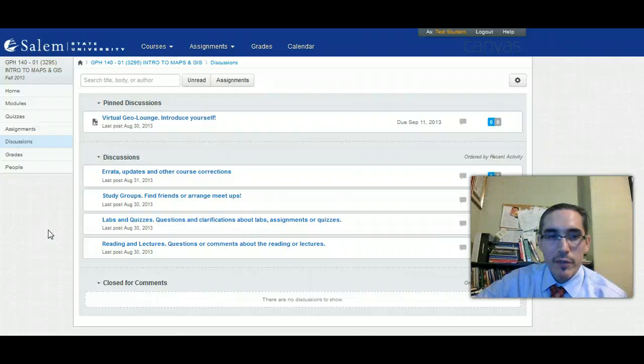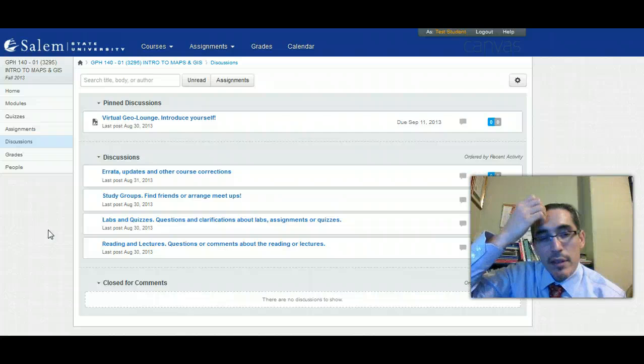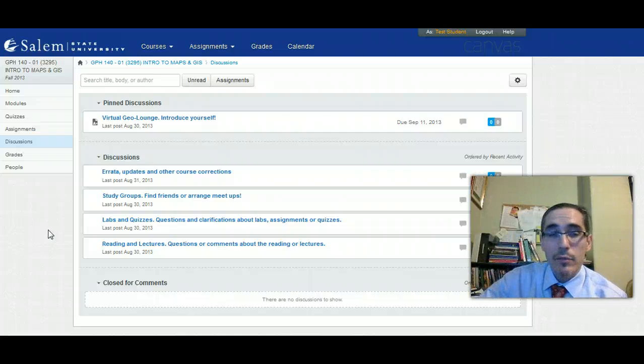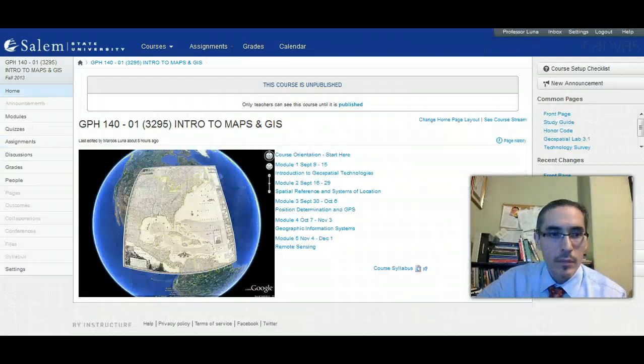Because all of the information for this course is going to be taking place through Canvas, it's important that you be aware of things that are going on in Canvas. And so I want to point out how you can control the notifications that come to you from Canvas. And Canvas, it turns out, is pretty flexible in how that works. So if you'll give me a second, I'm going to switch modes here so I can show you what that looks like. Alright, so if we go into the settings up here in the upper right,